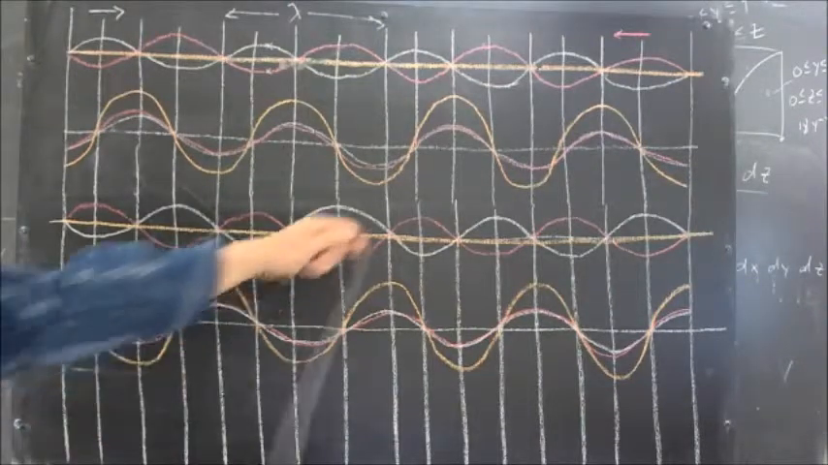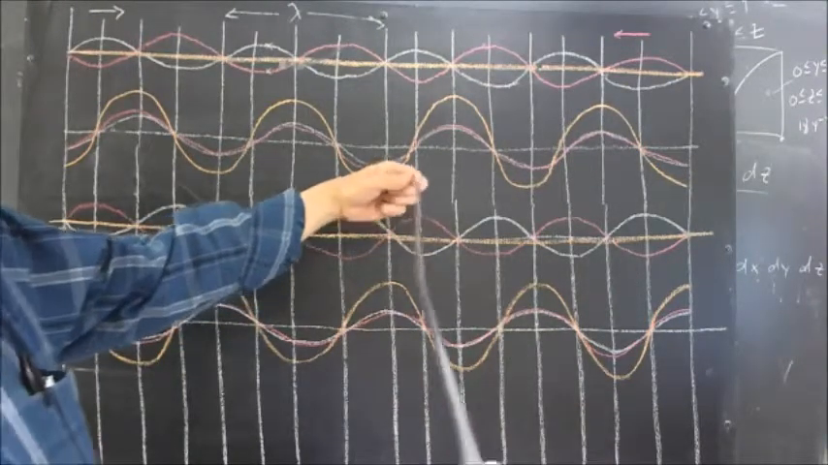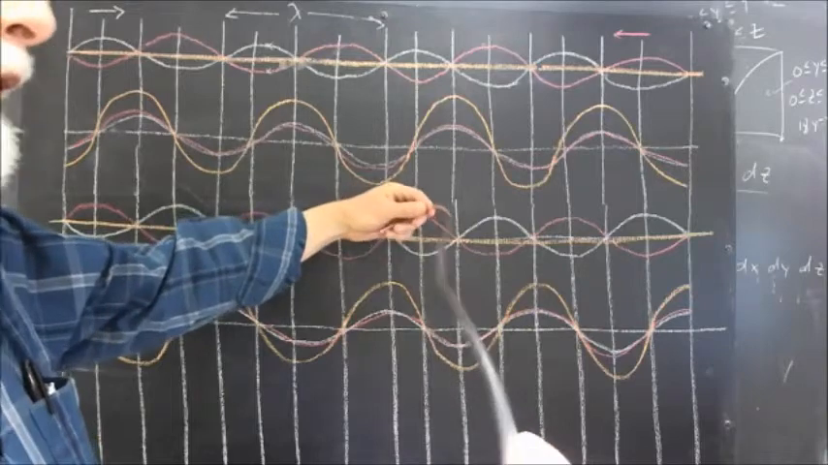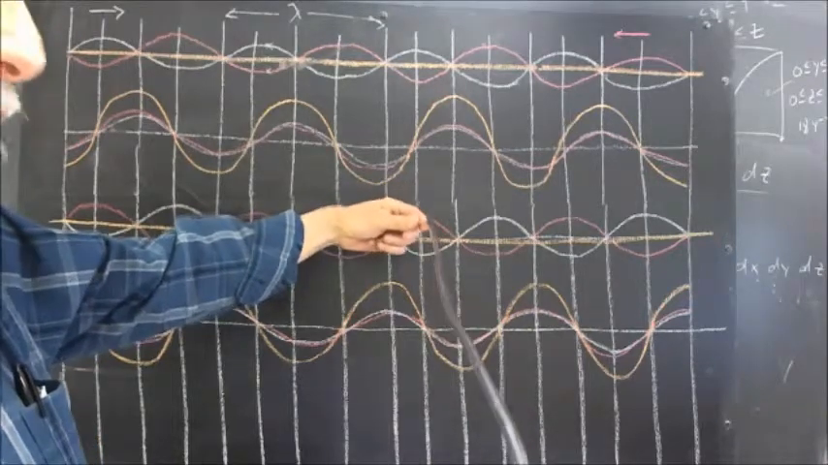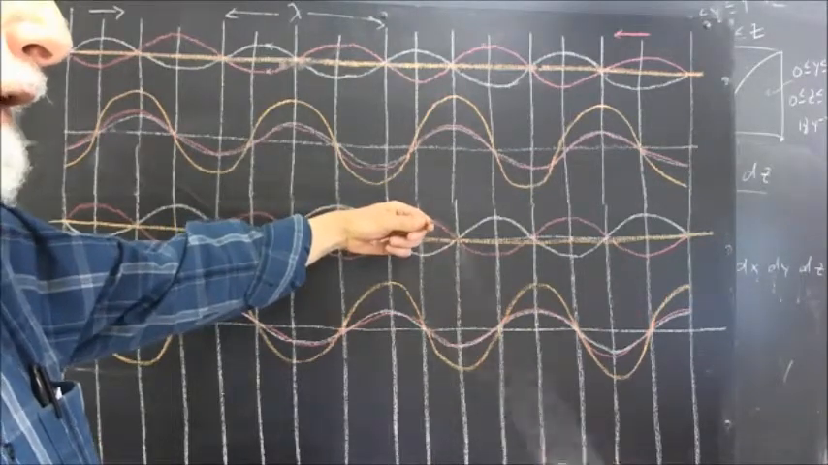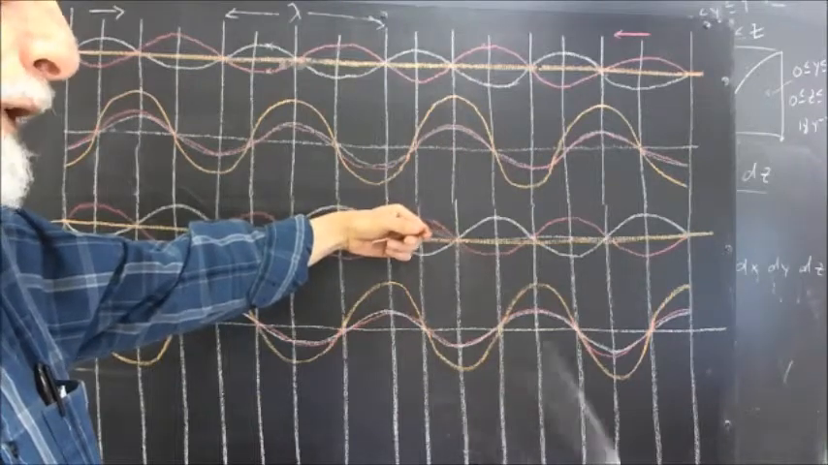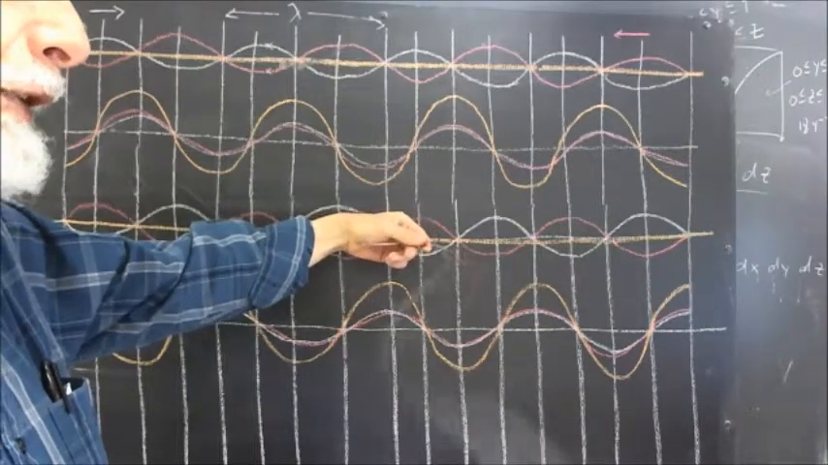Okay, now here's... think of this as a string. It's a piece of tubing. But if you think of this as a string, I can oscillate this string like so. Okay? And that oscillation